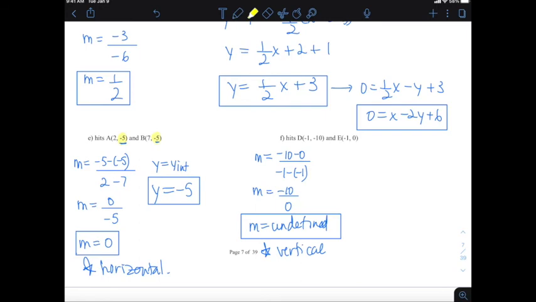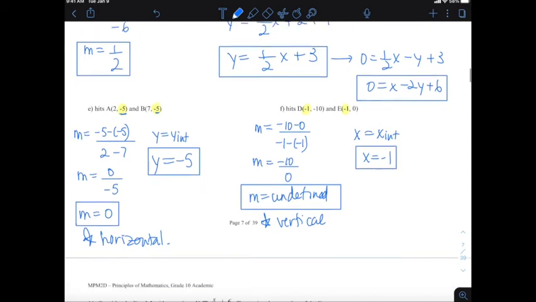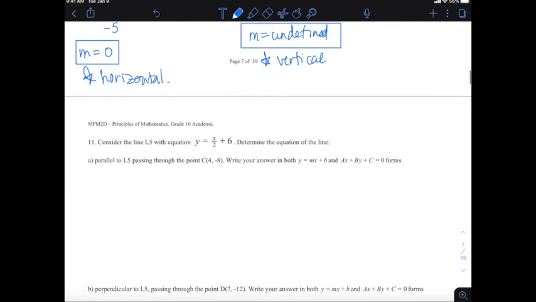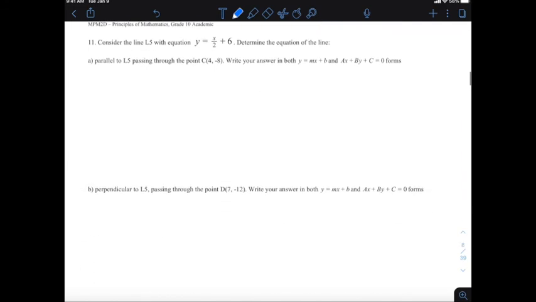And I can tell, actually, because both of my points have the same x-intercept. So x equals x-int is my equation of the line. So I get x equals -1. All right. So now we're kind of putting it together for the next couple of questions where I have to